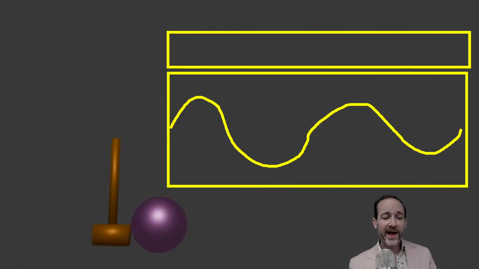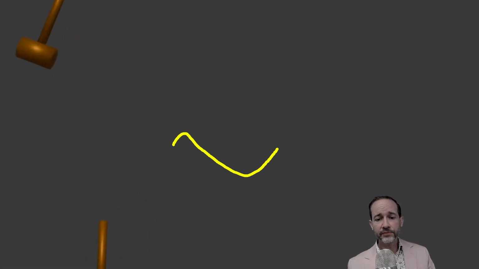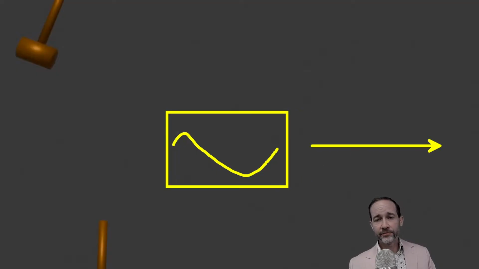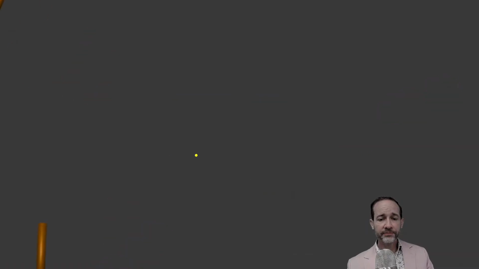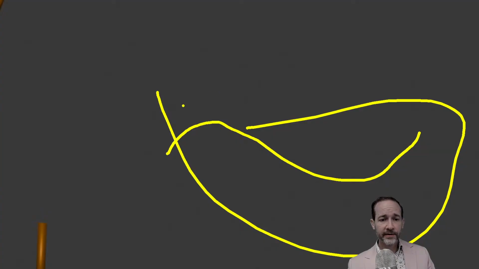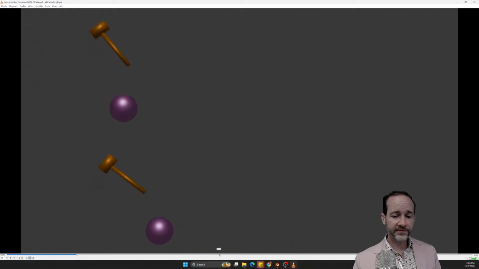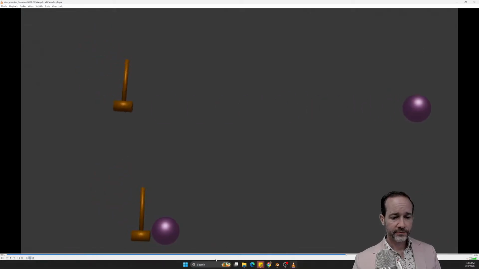So playing it back and knowing whether it's too fast or too slow matters. If you have some sort of wave you thought looked good, but it's too fast, you need to grab these and spread them out to slow down the motion. If it's too slow, you need to grab these and squeeze them smaller so it speeds up the motion, because this is definitely too fast there.